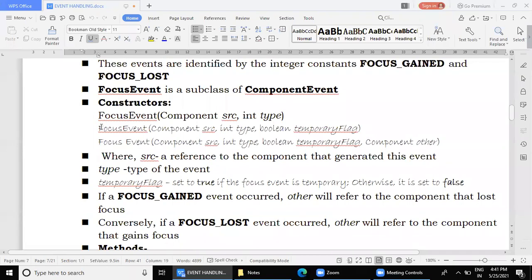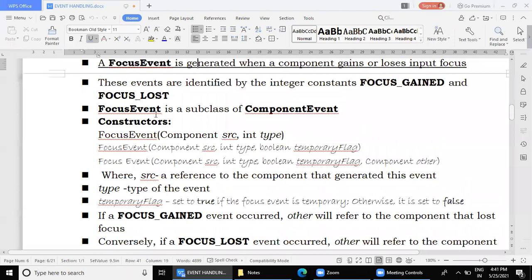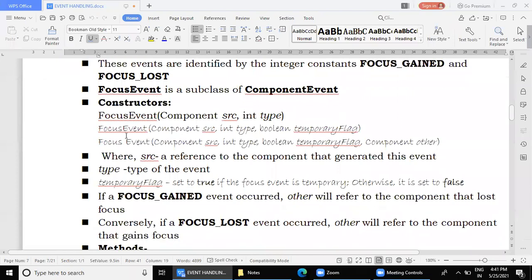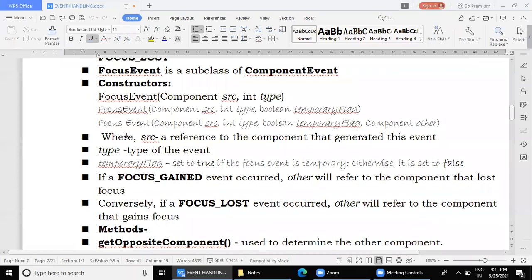Anyway, this is a rare event which we will not be working with practically. So let us not worry much about it, because if you try to concentrate on each and every event class, the entire chapter is too much. You will not be able to concentrate on everything at a time. So let us learn only the important ones practically.